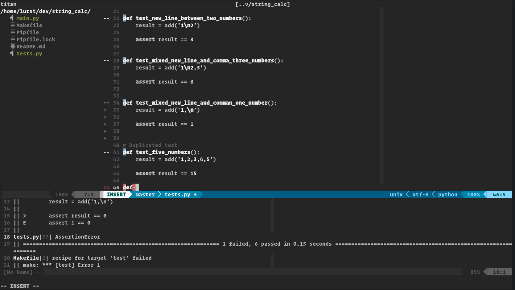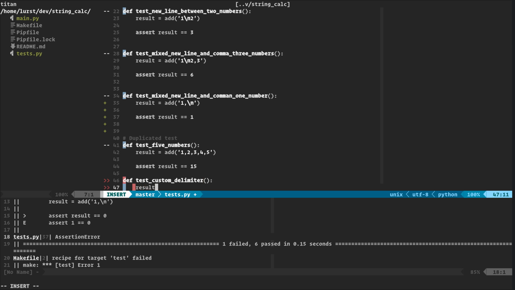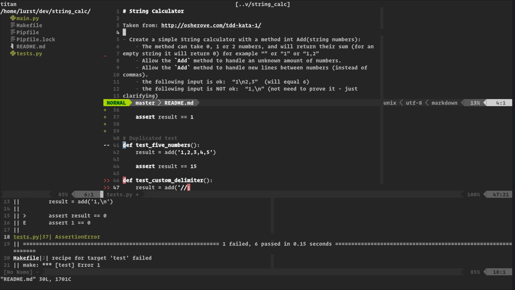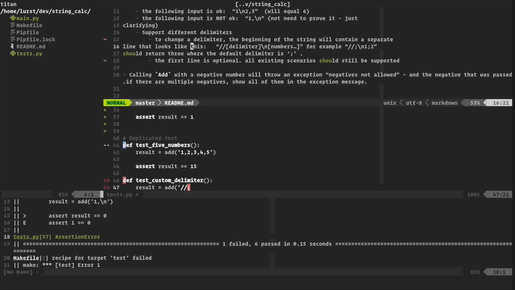So if all scenarios should still remain, I'm going to keep them and I'm not going to touch any of them. So let's go to test. What is this? Custom delimiter. And so the string is going to be this, and then what was the example? I'm going to get exactly the example that it's here, because it's easier that way.